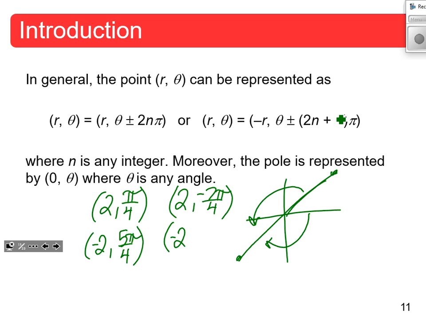We can go this direction, so subtract it from 2 pi, which would be negative 3 pi over 4. So these here are the 4 basic ones that we can use. Others are just re-representing these by adding 2 pi to one of these. We can keep adding or subtracting 2 pi and getting multiple representations, but these are the 4 "unique" ones, where we're keeping theta